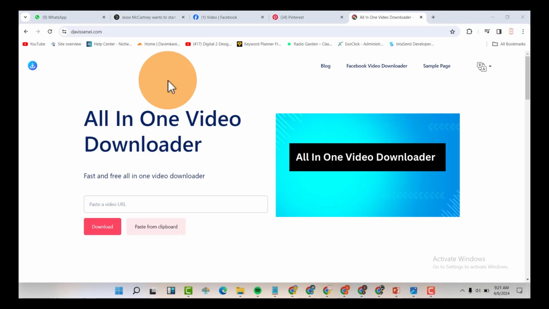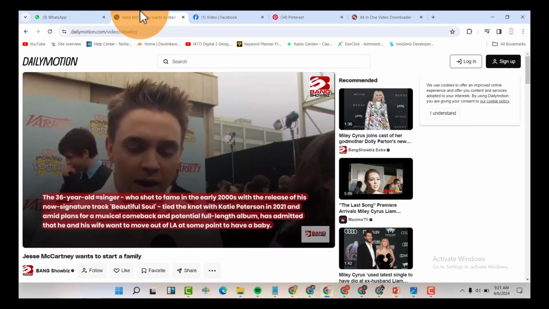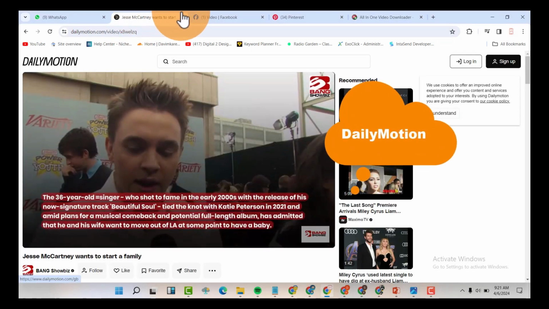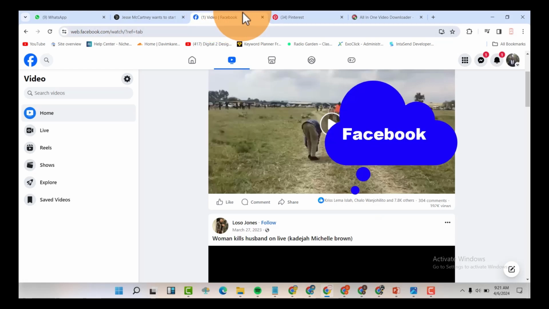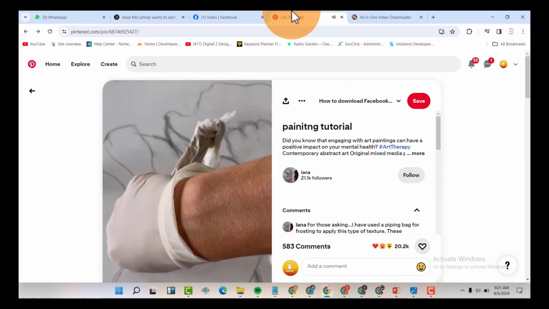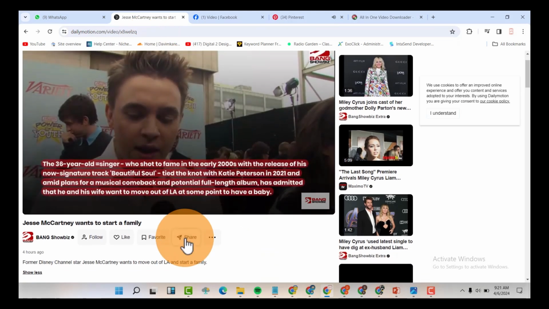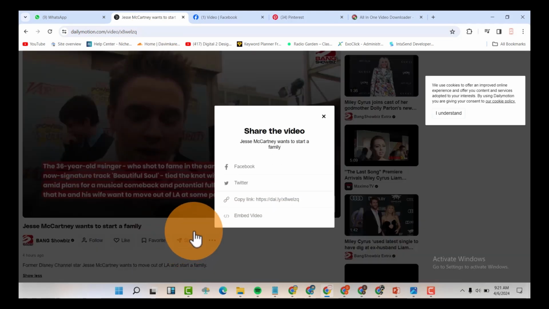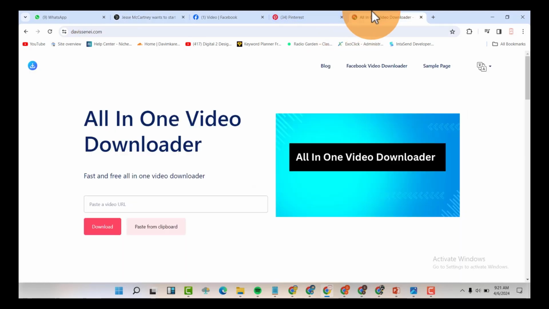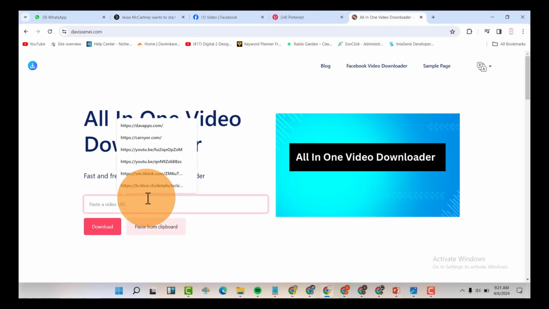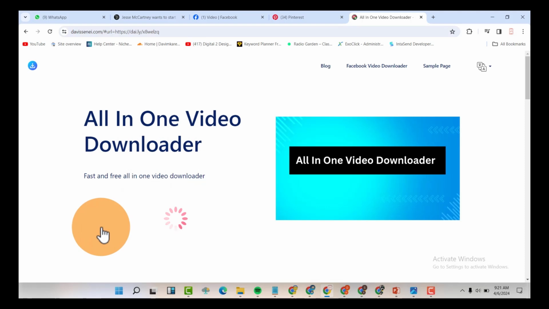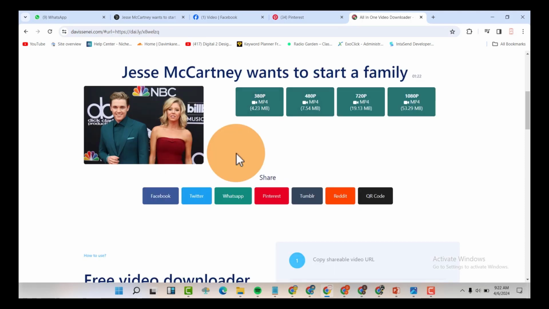Now we can test some downloaders. So with me, I have one from here, the one from here, the one from here. So let us just test them real quick. Just click on share, then copy the link, then go to our website, paste the link there and download. And you can see it even supports 1080p.